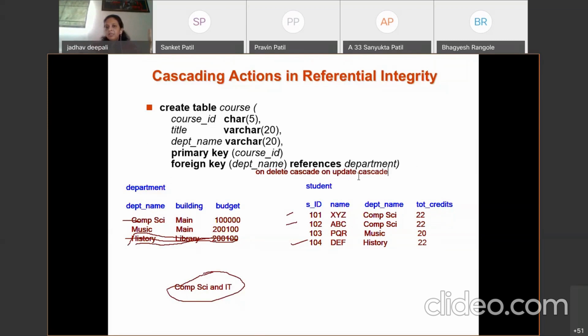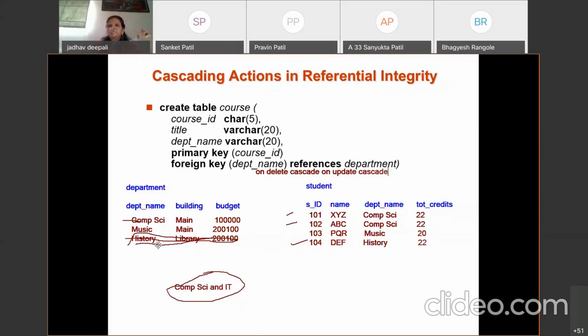Have you understood its use? If I delete some values from the main relation, automatically all the related rows in the referencing relation are deleted. So if I delete the history, it automatically deletes all students with the history, all instructors with the history, all courses with the history.